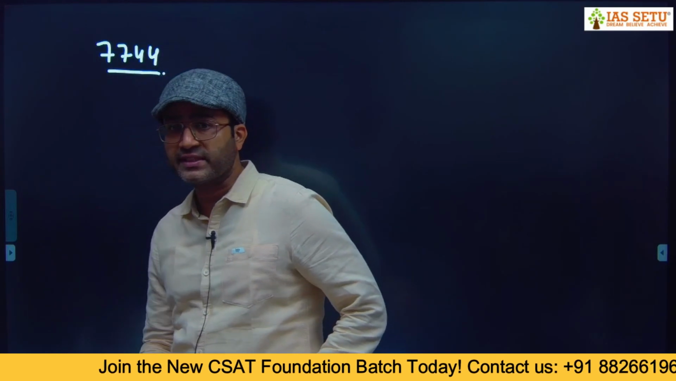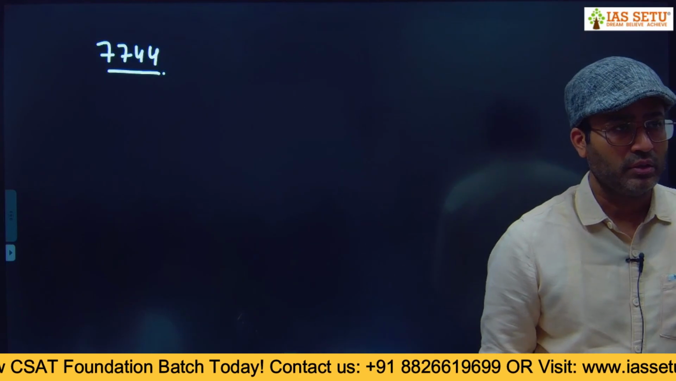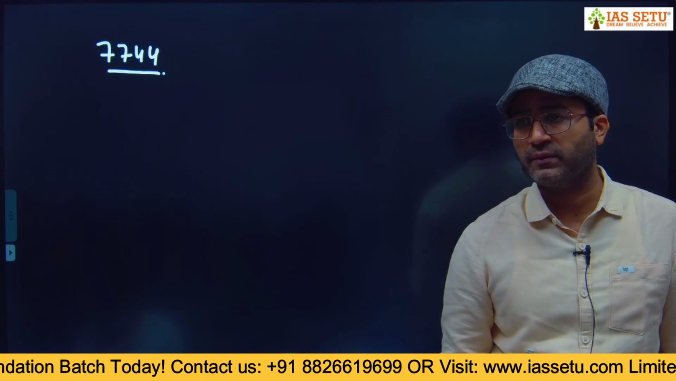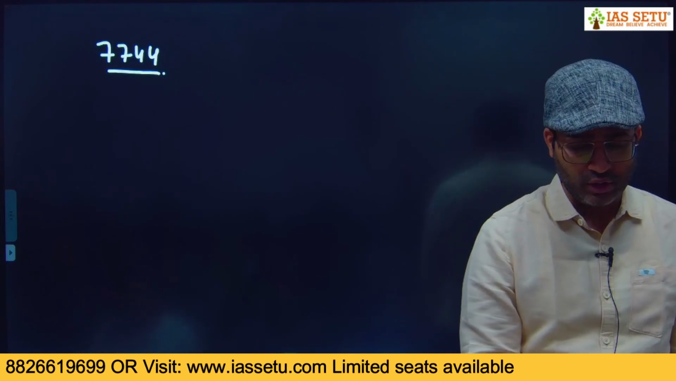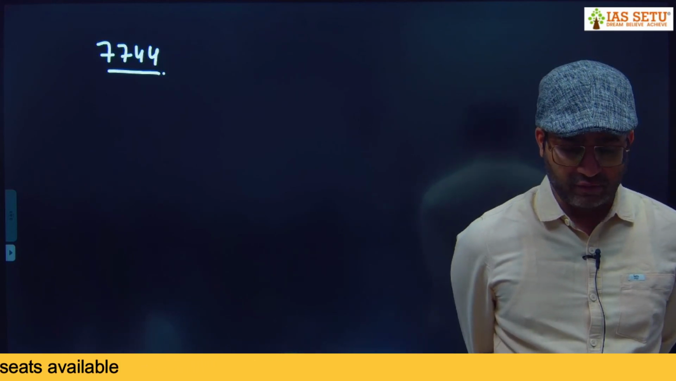7744. It is a special number. Remember this. Tell me what's special about this number. First two digits same, last two digits same, and a perfect square number. So write down: 7744 is the only 4-digit number